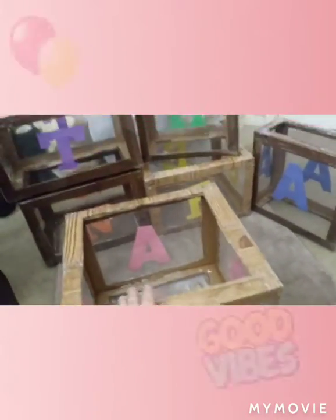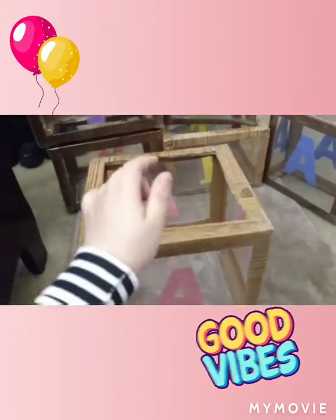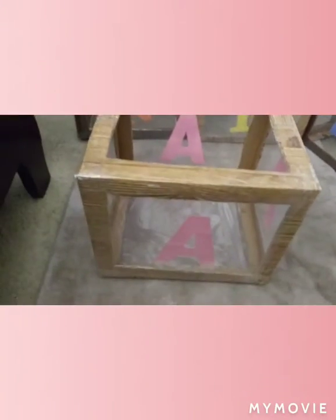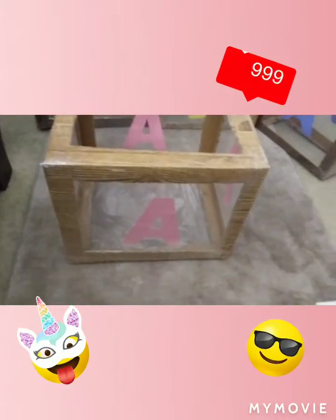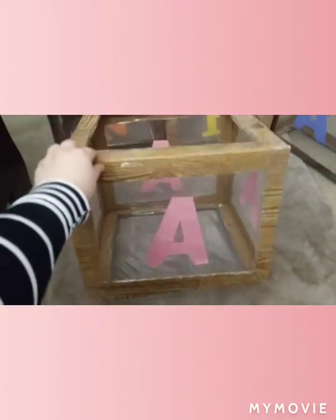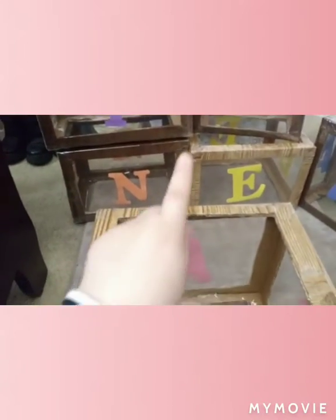But my original plan was to stack each one on top to spell her name and fill them up with like balloons or balls or toys. Thought it was a really cute idea. I wanted to go ahead and make it at home and show you guys. So this is just an example of how the first cube looks. The rest are over there, and as you can see, they're different colored wood